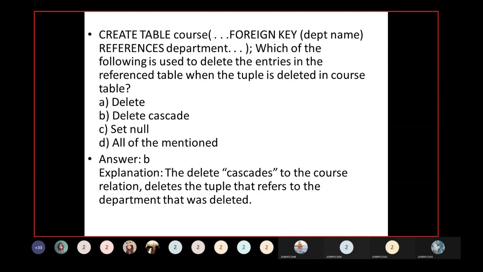Course is one table, department is another table. When you are using a foreign key, it refers to the primary key in another table. So the option is B, because that is delete cascade, which causes the relation to delete the tuples that refer to the department that was deleted.